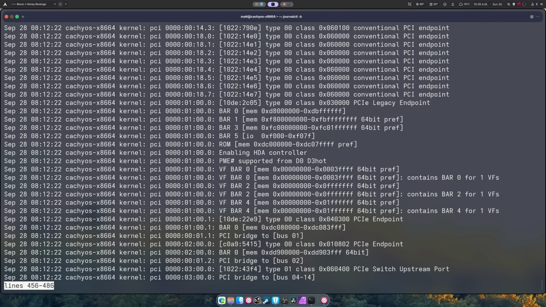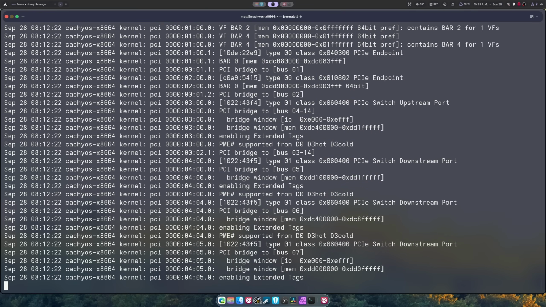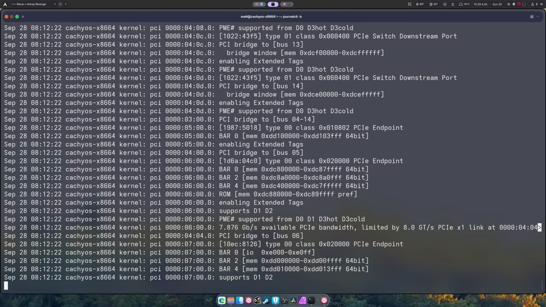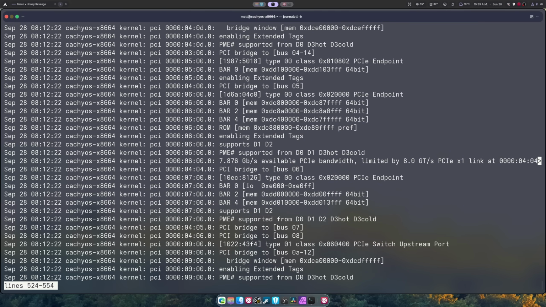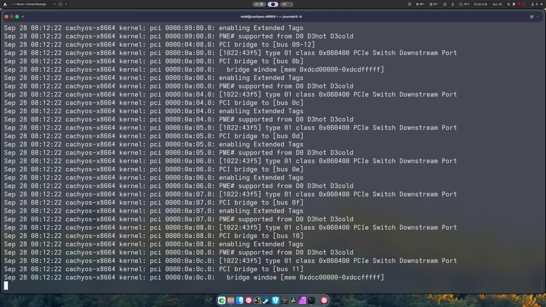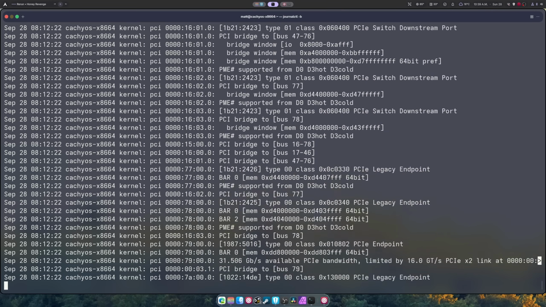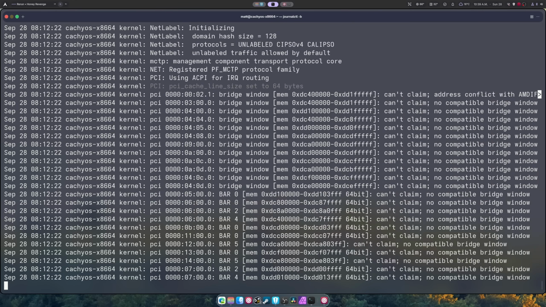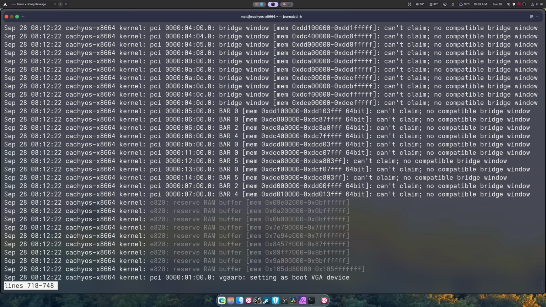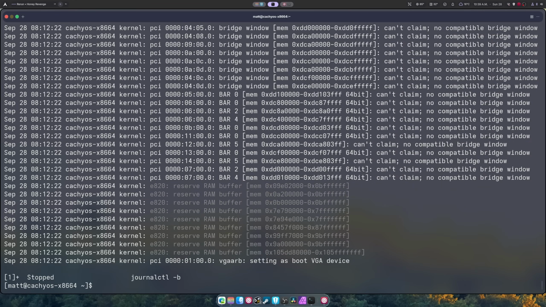These are all your PCI devices. It's pretty cool. So all your hardware is now being shown. Your available bandwidth, things like this. All of this is really, really cool, and it's really long too. The boot process may take seconds, but it does all of this in seconds. Okay, so